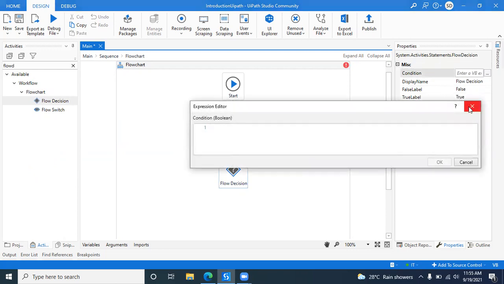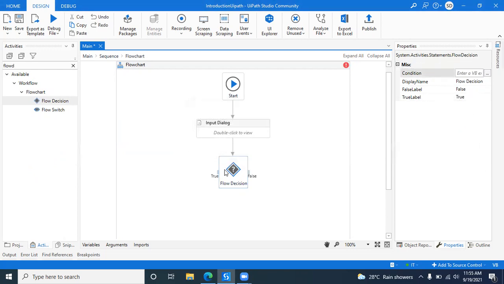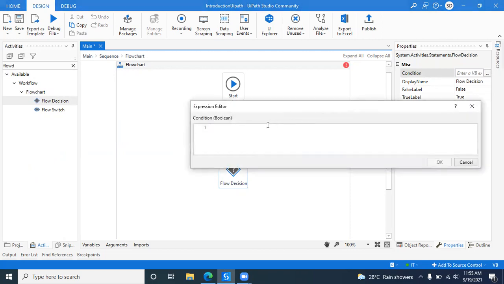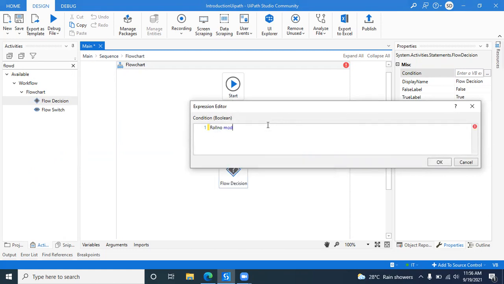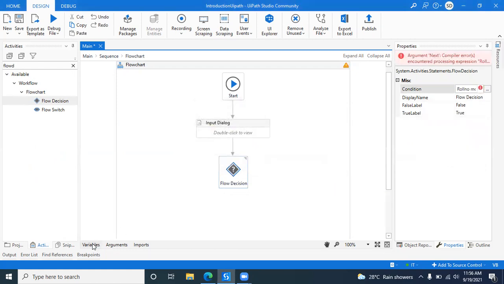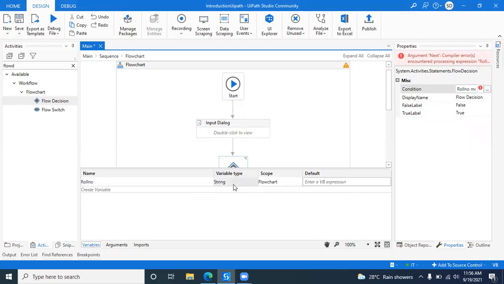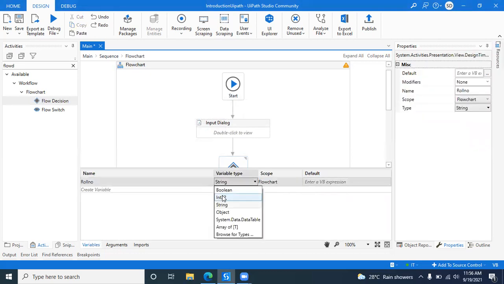Just click on flow decision, go to the condition block, and give whatever condition you want to set. Let's see, your roll number is even, meaning if roll number mod 2 is equal to 0. Since our variable may be a string, we should convert it into an integer.